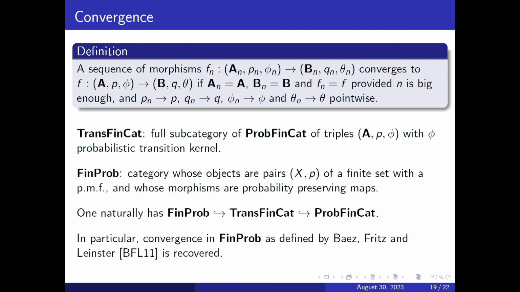And moreover, you have a refined definition of what it means for a morphism to converge. It's similar to before. The categories are supposed to be eventually equal to the target, but also the morphism is supposed to be equal when n is big enough, and then all the other things converge pointwise. So it's a dumb notion of convergence if you want, but it's the simplest thing that one can think about. So this is convergence, and then the theorem